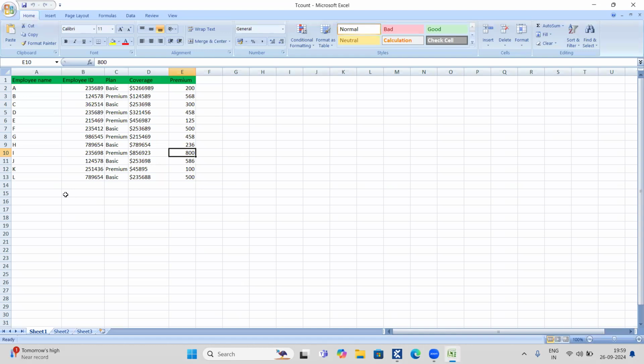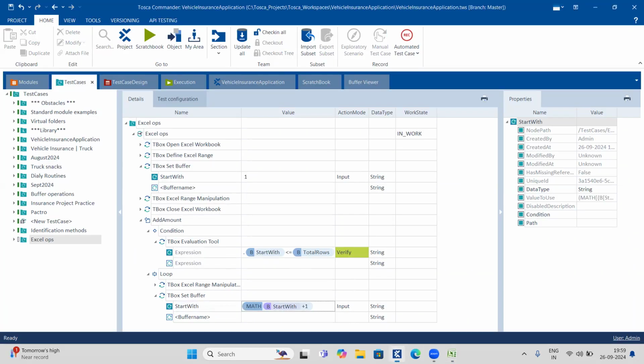So all the rows I have counted are 13, and if it is 14 the condition will fail and it will come out of the loop. So each time it's going to add this thing, and when it's going to store the value,